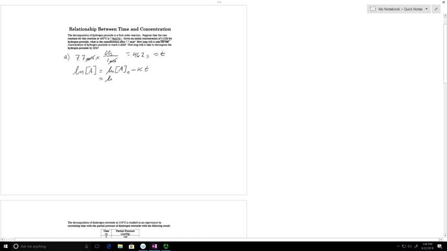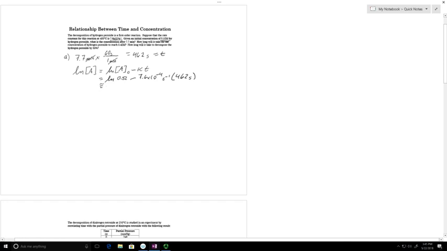So this becomes the natural log of 0.52. The reason we don't put molar is because this is always in comparison to a standard, which at normal, the normal standard would be 1 molar. So this is true for both the original concentration and the final concentration. Then we say minus 7.6 times 10 to the minus 4 per seconds times 462 seconds, which gives us